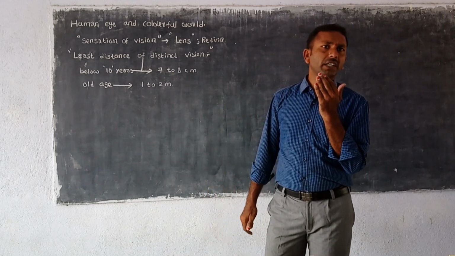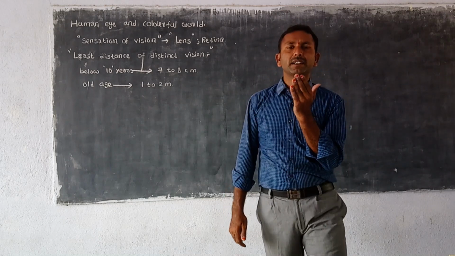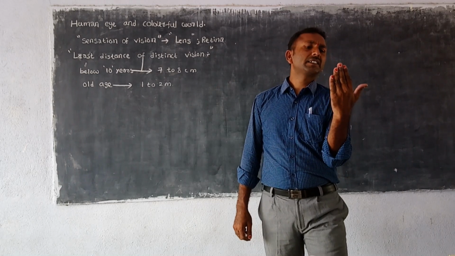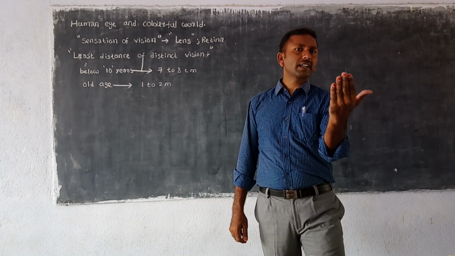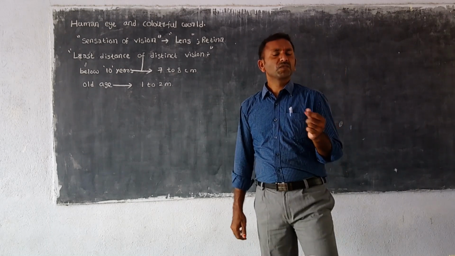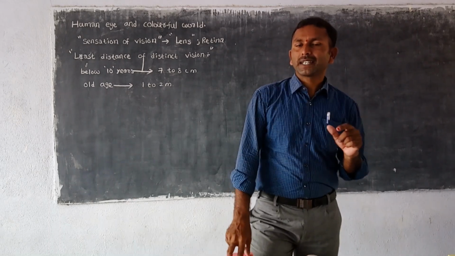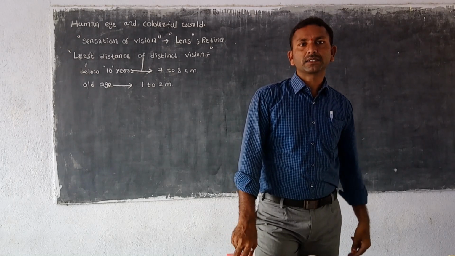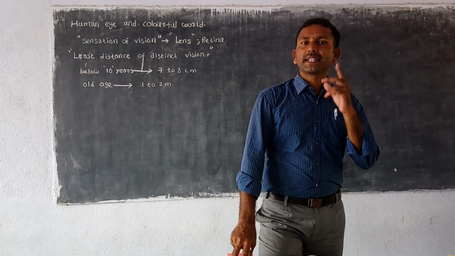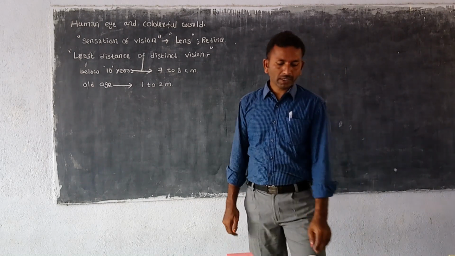You can observe if there is an older person at your home, they see objects by keeping them at a distance while reading the newspaper or looking at mobile phones. They cannot see constantly without closing their eyes. You can see older people closing their eyes immediately, and many times in a minute they are closing the eyes like this.